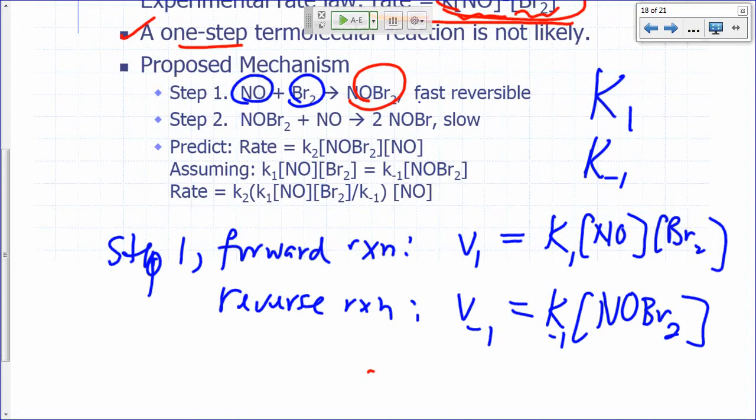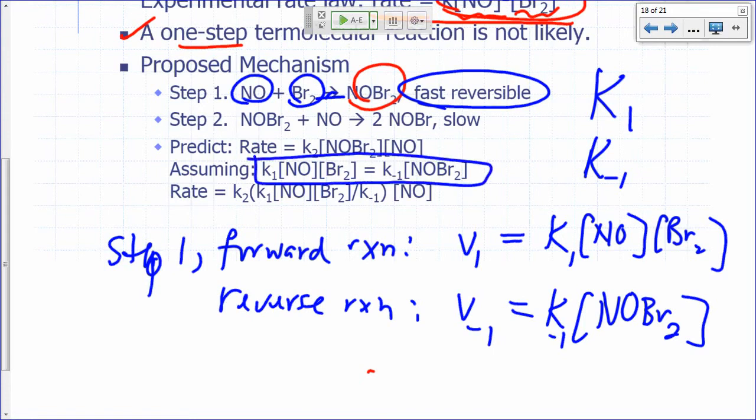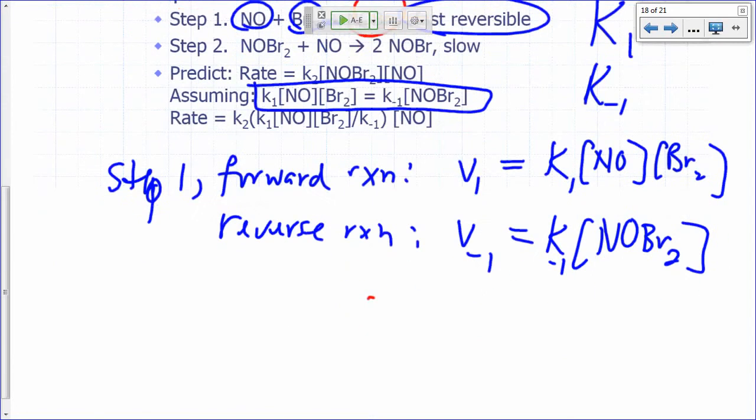Okay, so now, we're assuming here that since step 1 is fast and reversible, that means throughout most of the reaction, these two are going at equal rates. In other words, we're going to assume that the forward reaction V1 is equal to the reverse reaction for step 1. So V1 equals V sub negative 1. Okay, so this is V1 right here, and that's V sub negative 1. Well, if that's the case,